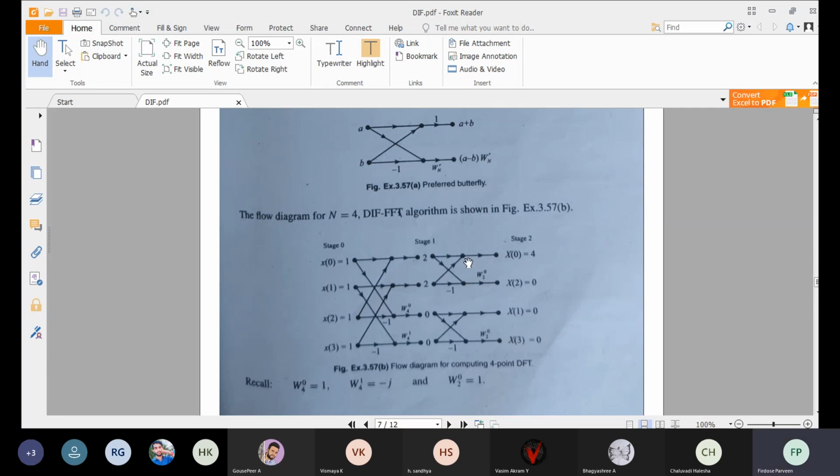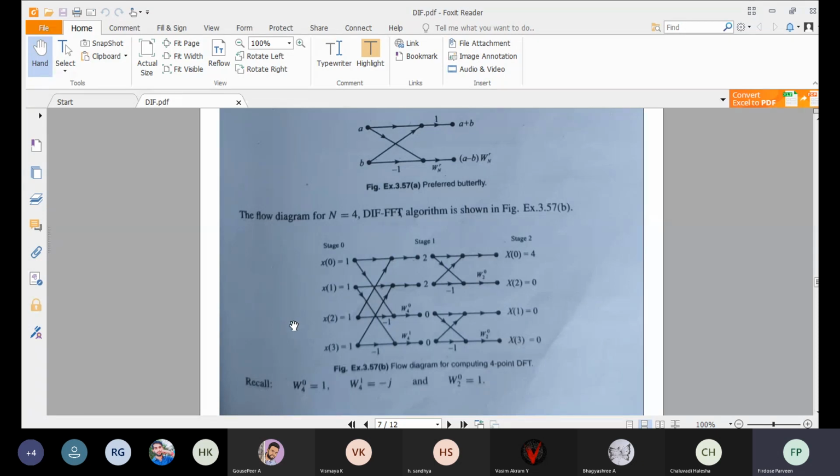This is 0, 0. So when you see from the right to left, it will be 0, 0. So it is x of 0. In the same way, x of 1 is 0, 1. We'll take 2 raised to 2, that is 2 bits. So x of 1 means 0, 1. If you see from the right hand side, it will be read as 1, 0. 1, 0 means it is nothing but x of 2. So x of 2 is what? That is 2.